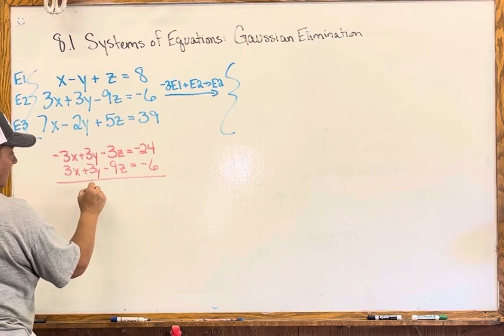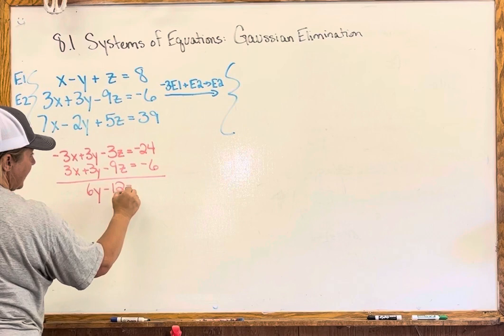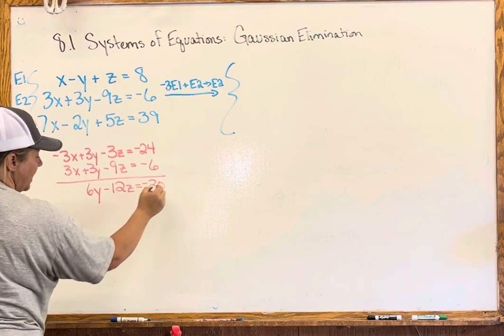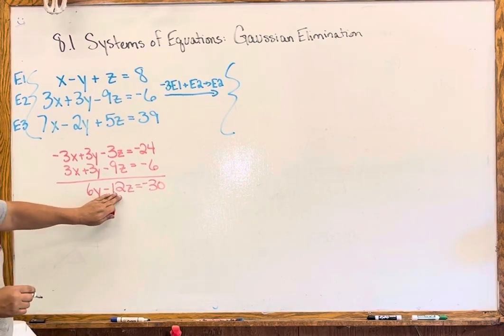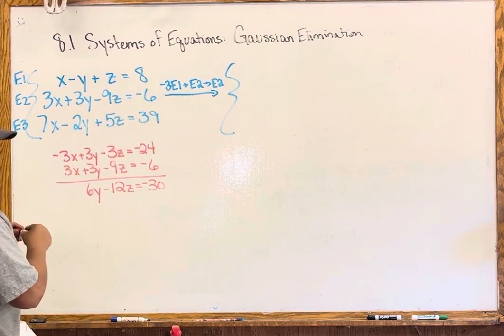So here is 6y minus 12z equals negative 30. Now, this guy all has 6's in common, so another thing we can do before we put it back in there is